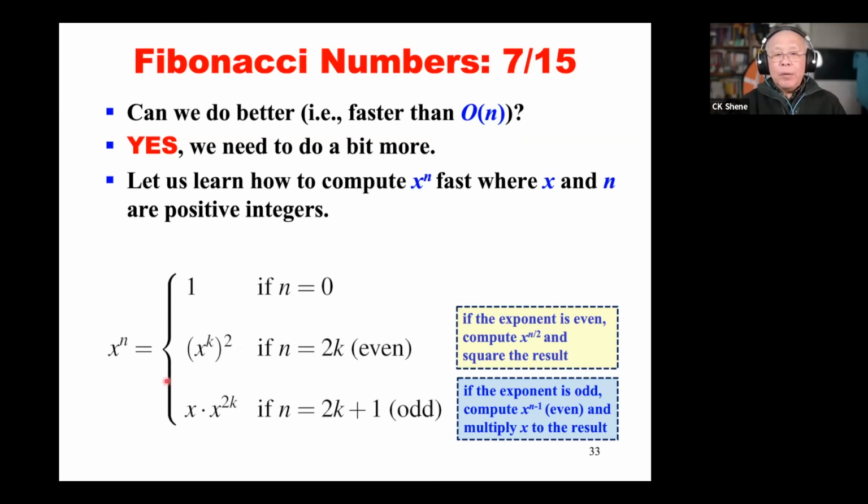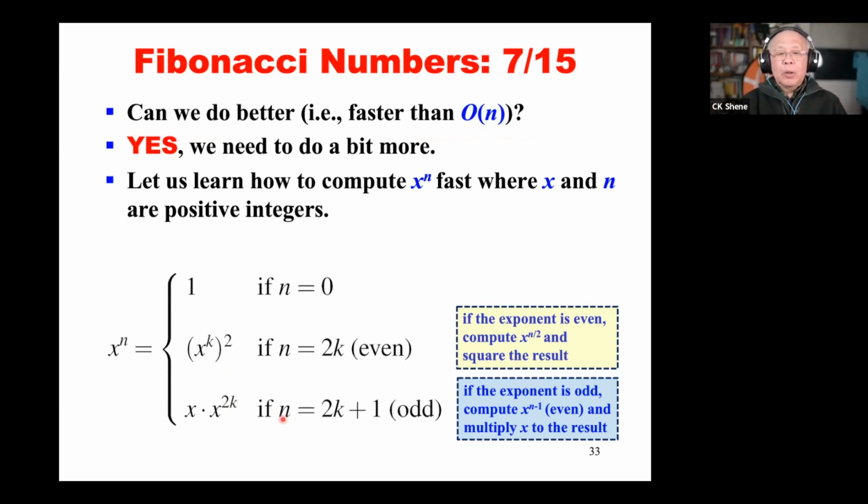So what if n is odd? If n is odd, then n is equal to 2k plus 1. So this one, we factor x out. The remaining would be x raised to the 2k power. And x raised to 2k power is exactly this one, right? Therefore, the computation of x raised to nth power, if n is odd, then